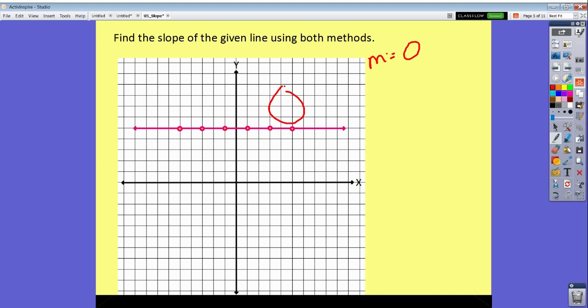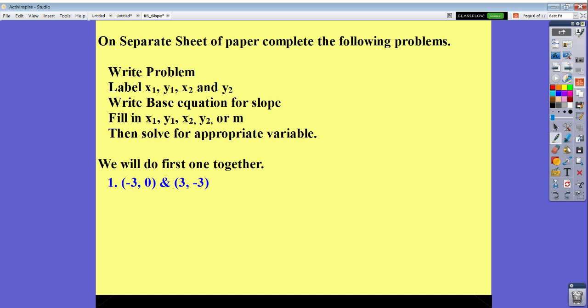And so I'm going to do one example. For those of you who have me as a teacher, you're actually going to get ready to do some problems. So what I'm about to do on this presentation is exactly how I want you to do every single problem. So first, I need you to show every single step that I'm about to write. So the first thing is write the problem. So as you can see here in blue,